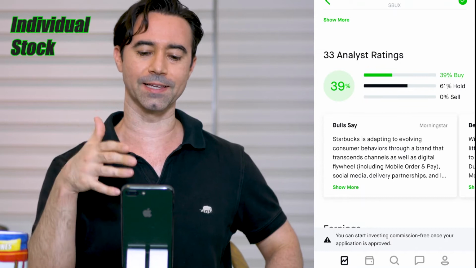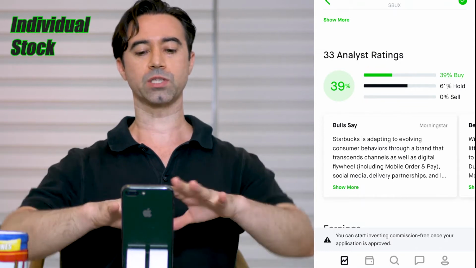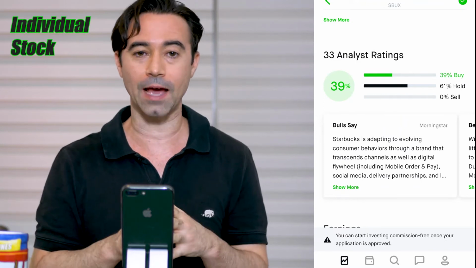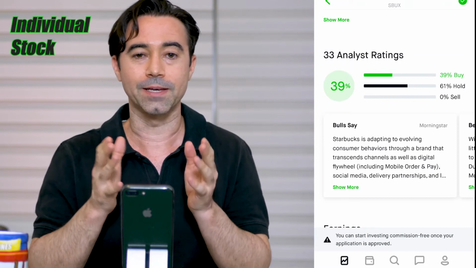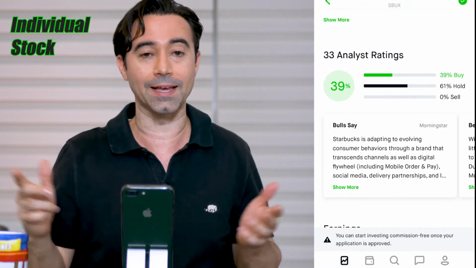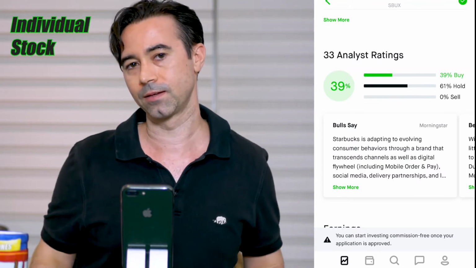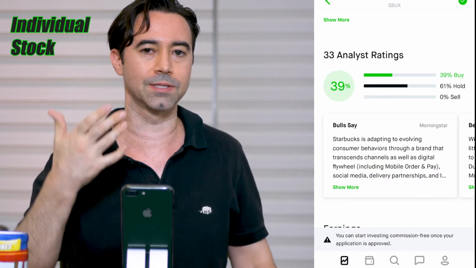61% of the analysts think it's a hold, but no one thinks it's a sell. So if this was skewed towards a sell, I might say that, okay, maybe be wary of the stock. But because it's mostly hold and quite a few buys, maybe the stock's okay to buy. And so that's kind of what it comes down to, how you're going to decide whether or not you're going